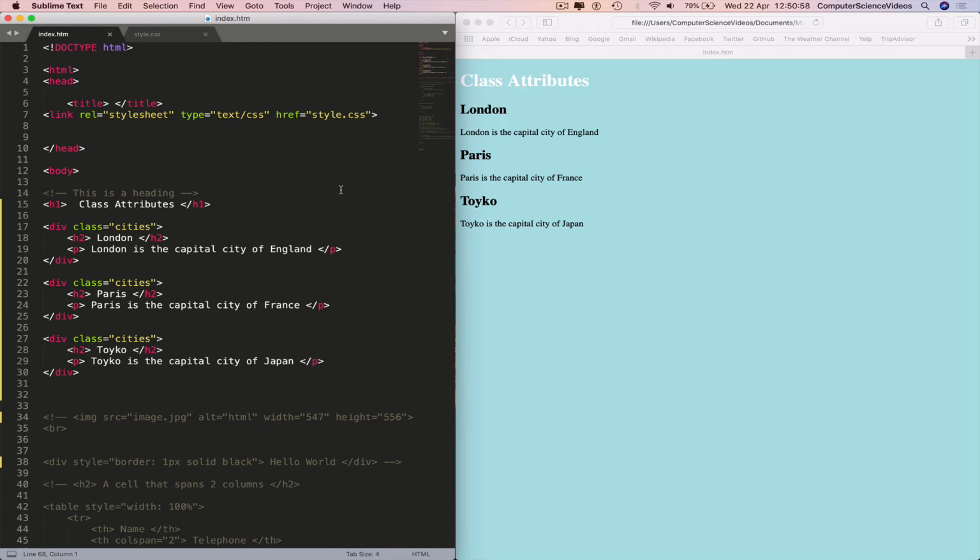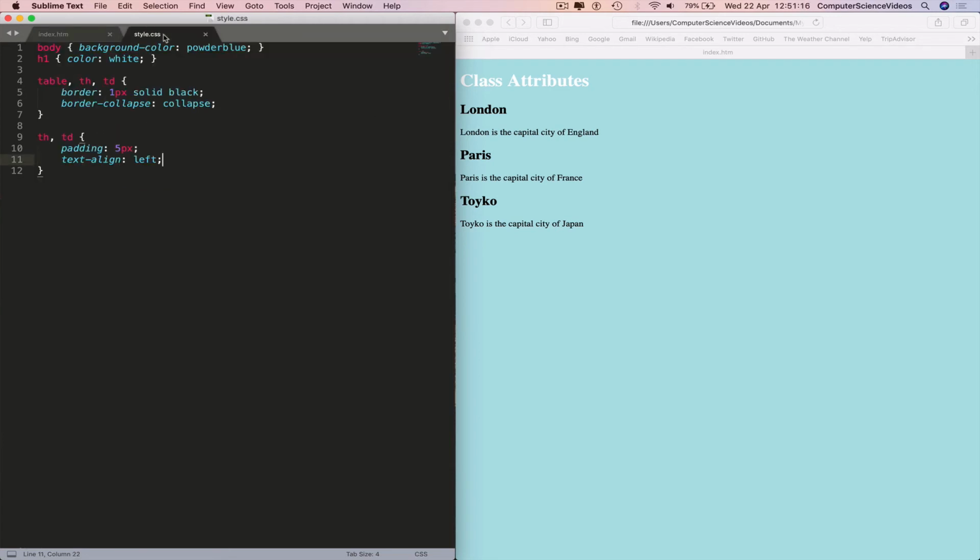So we have a website with class attributes. However, we need to add the CSS, which could be internal, external, or inline, to change what we see on screen. So go within head, or we can go to style.css. Within this, bring in the CSS. So .cities, curly brace, new line, background color, black,